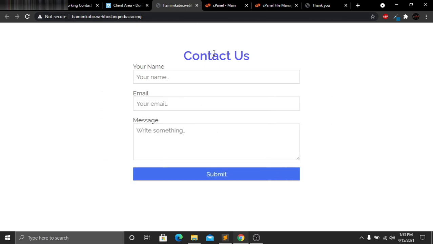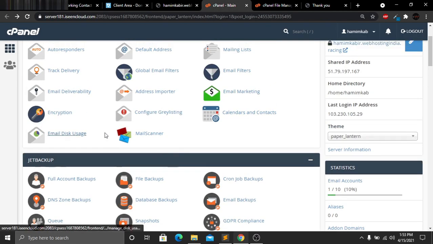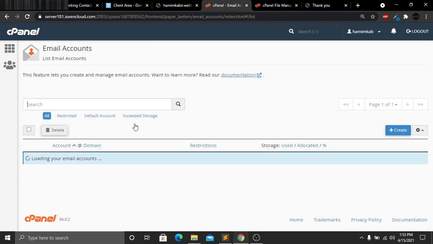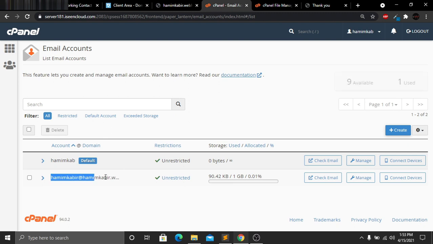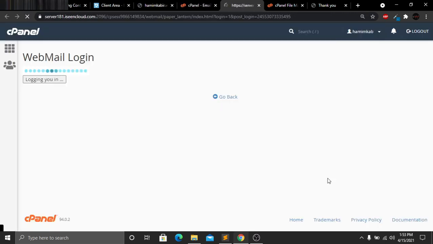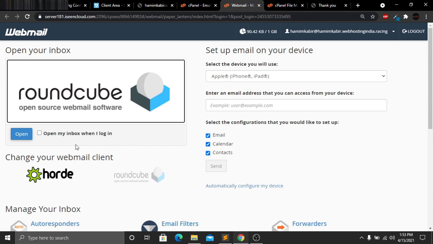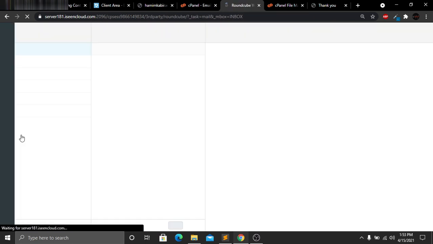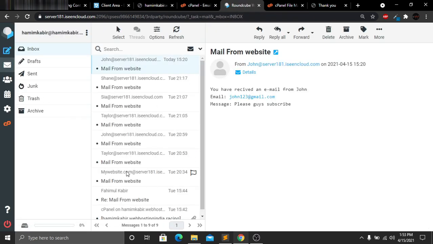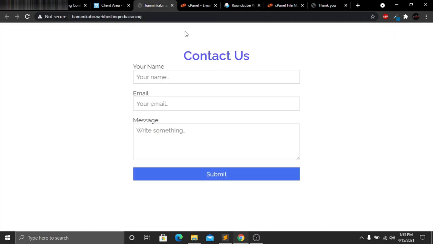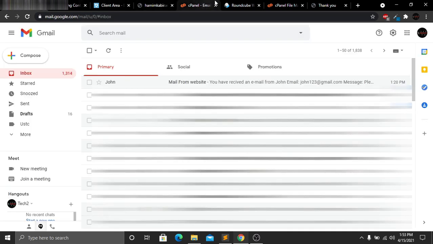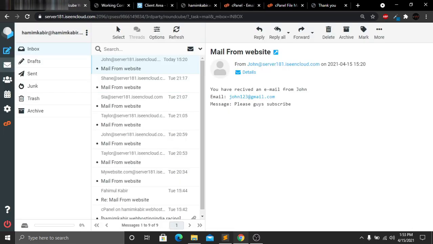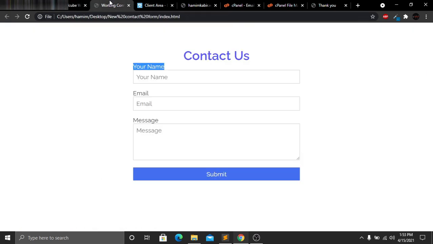For checking the hosting email, let's go to our cPanel again, and here in our email accounts, I have selected this email. Now I want to check this email and log in to my inbox, so that's why I open it. This is my inbox here. If a user can successfully send a message to us, then I want to see two messages, one inside our Gmail and another one inside our mail inbox. Now let's see if this is working or not.